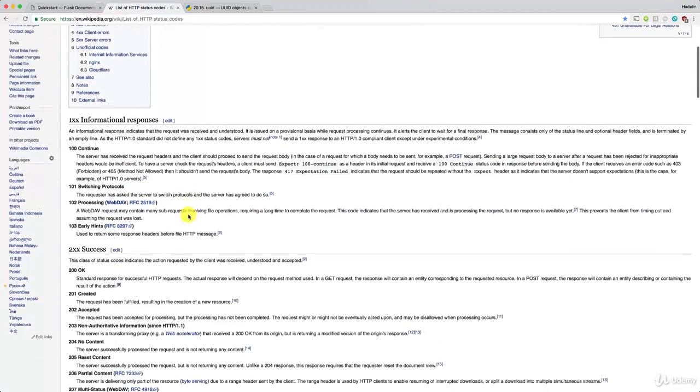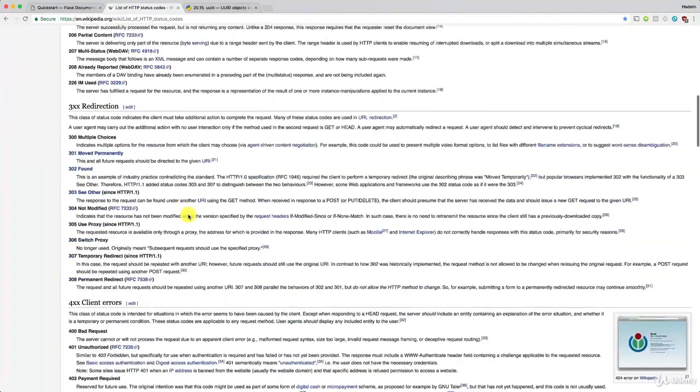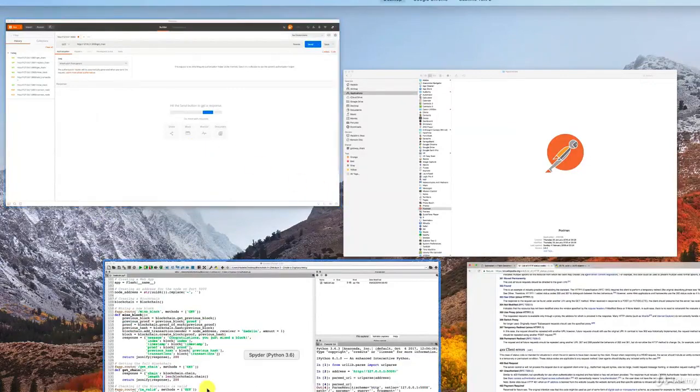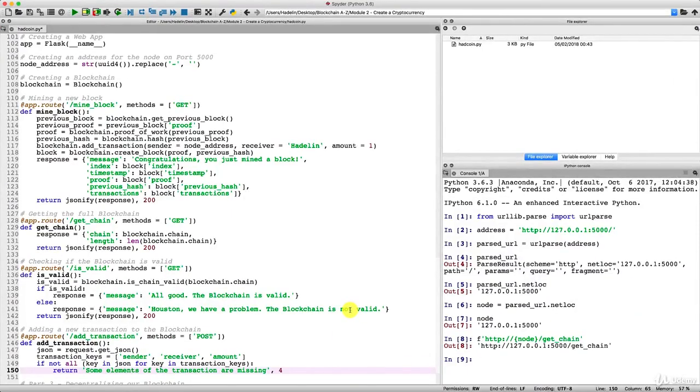And so now we want to check for the code of an error, which is this one, exactly this one, 400 bad request, which, as you can see, includes the situation of a malformed request syntax. And a missing key is exactly that, a malformed request syntax, or if you want, an invalid request message framing. But anyway, this is the HTTP status code for a bad request, and that's exactly what we need to return right here. All right, 400.